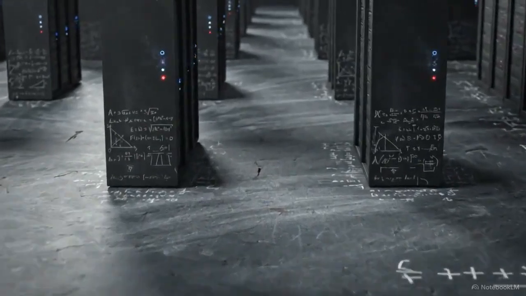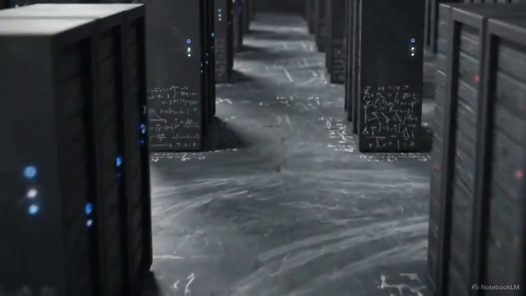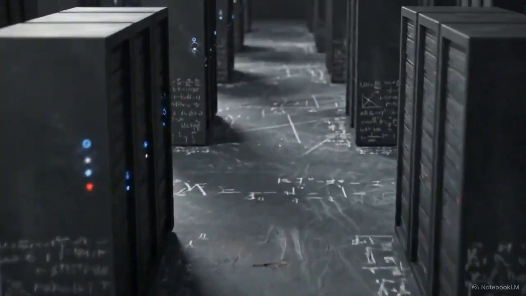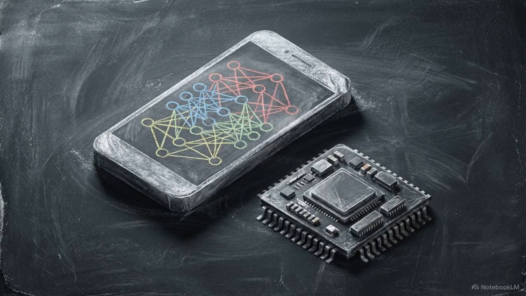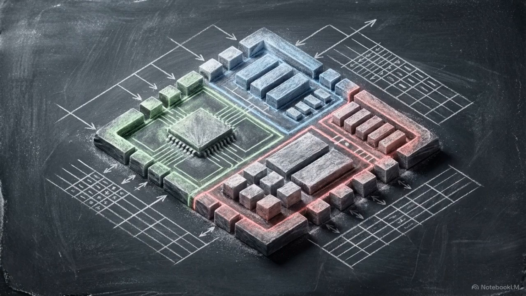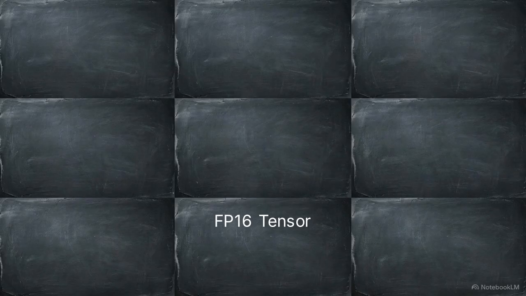Deploying modern large language models requires massive server racks, extreme memory bandwidth, and constant cooling. To run these on consumer hardware, we have to aggressively compress them down. The deployment gold standard right now is joint W4, A4, KV4 quantization. This process squashes the model's weights, its activations, and its key value cache down to just 4 bits of memory